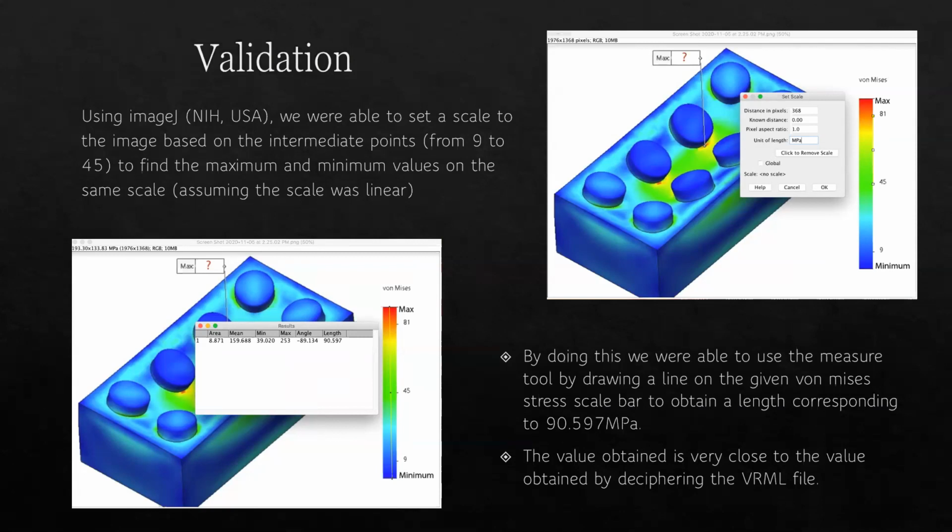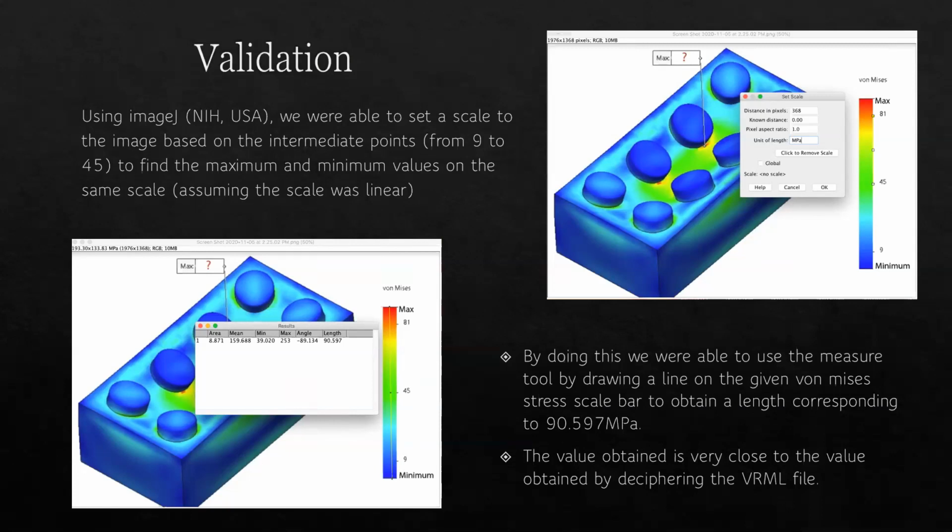But again, we found that method to be a little inconsistent, because it is hard to generalize the weight of an individual, given that we have no idea where the individual is. So it's very hard to make an assumption of weight based on no information about the population. So we just ended up sticking with the method of deciphering the VRML file.